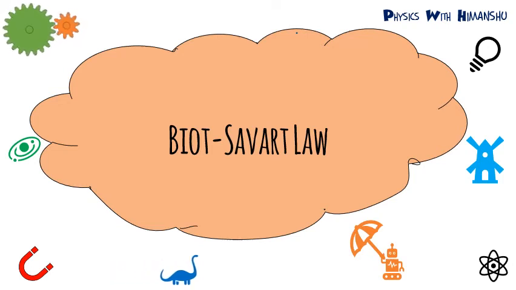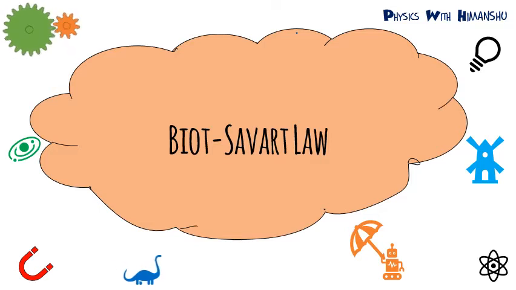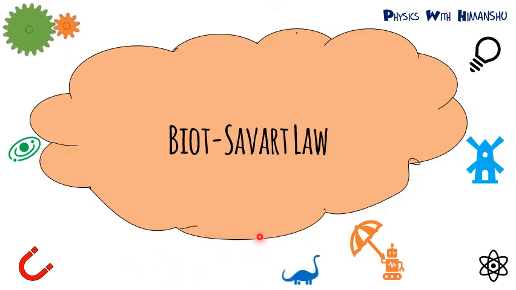Okay, hello everyone. So today we'll be starting a different part of our topic, that is how to find magnetic field. And to find magnetic field due to current, we have to use two laws. The one is Biot-Savart law, another is Ampere's Circuital law. So today we are going to cover Biot-Savart's law.